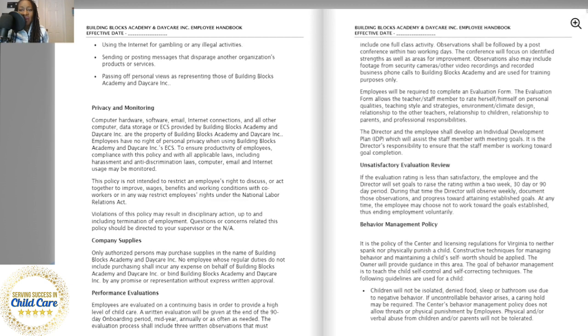It's going to be found right here. Observations also may include footage from security cameras or other video recordings, meaning if you set up a laptop or some other type of recording device in the classroom. And again, they need to be aware of this, that you utilize video recording devices, and you will incorporate those into evaluations. If you don't have a security system, of course, you can just set up a laptop in a classroom for maybe an hour, push record. They will know that it's being recorded and you're going to utilize it later for evaluations, but make sure that